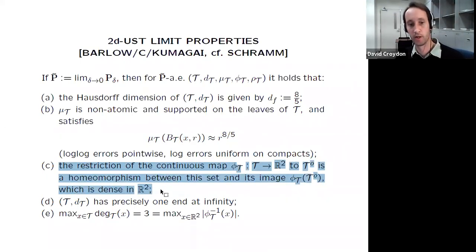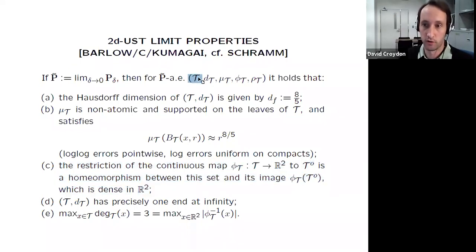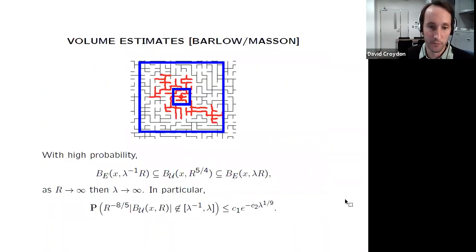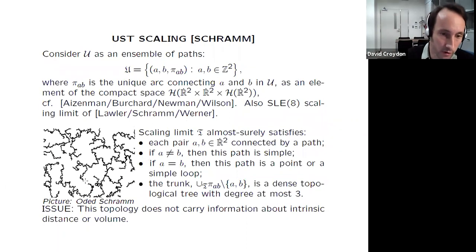And so maybe I should say, yeah, this property here looks again a little bit heavy to read, but the point is if I take off all the leaves of this tree, so all the degree 1 vertices, so all the points at which if I remove them, this metric space stays connected. So this is this T minus leaves here. Then actually this is homeomorphic to its image in Euclidean space. And so what this means is actually, if I go back to this picture of Schramm's over here, it's clear that in the limit, if I take points close to this one and this one here, then I can get points arbitrarily close in the limit, but which the path still has to go round all the way around here.